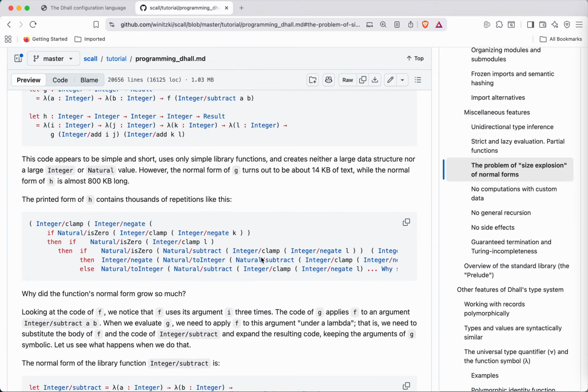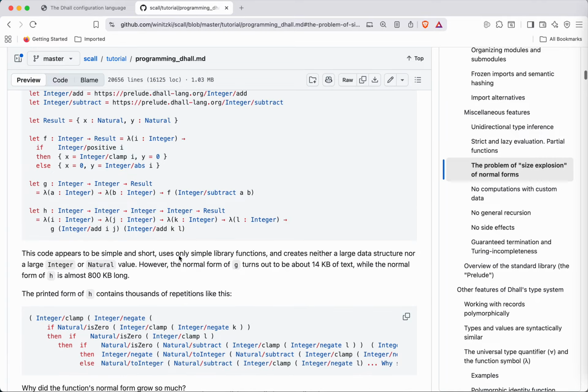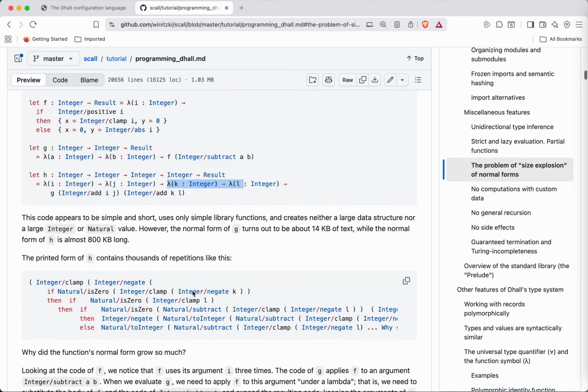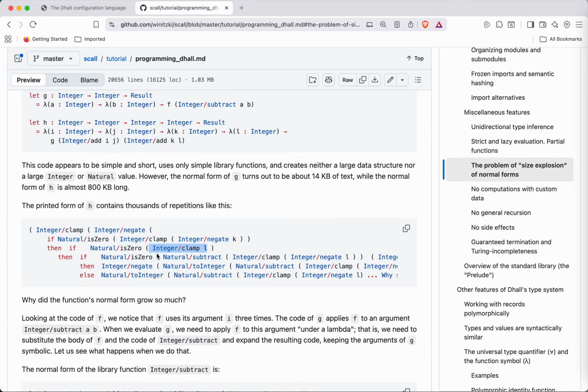And different function applications, and all of these are built-in functions in Dhall. So there are some lambdas that are built in. So this kind of code is extremely repetitive, and Dhall cannot simplify it really, because this is just applying functions to unknown parameters. So you don't know how to simplify this if L and K are unknown function parameters, which they are here. So this is a lambda with 4 parameters, and so they stay unevaluated like this.